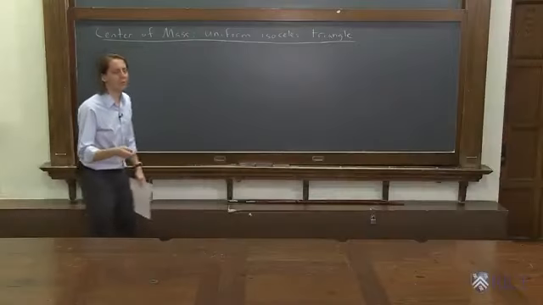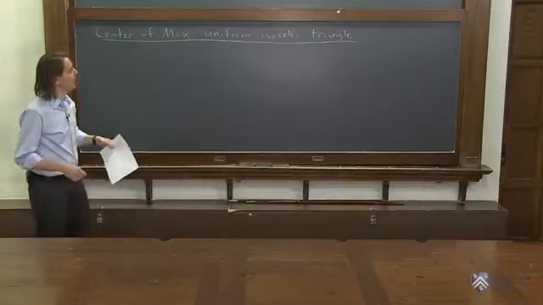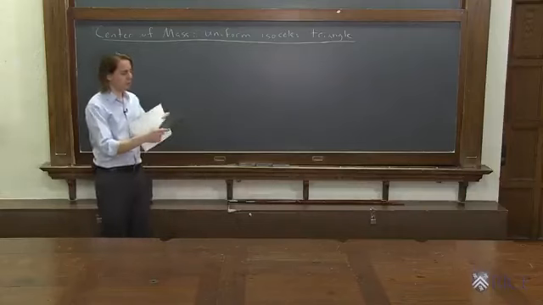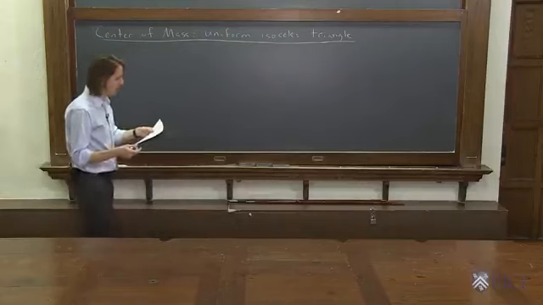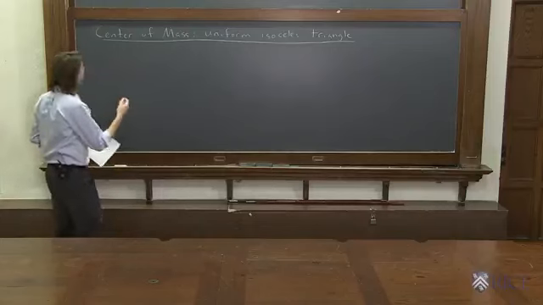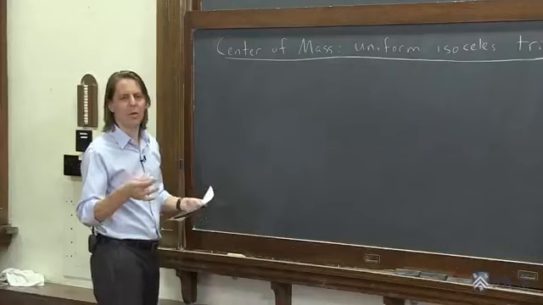Let's calculate the center of mass of another object, this time a uniform isosceles triangle. I happen to have one here. Remember, this is a triangle where two of the angles are the same. So since it's more of a 3D object, we need to now define a volume density, a normal mass per